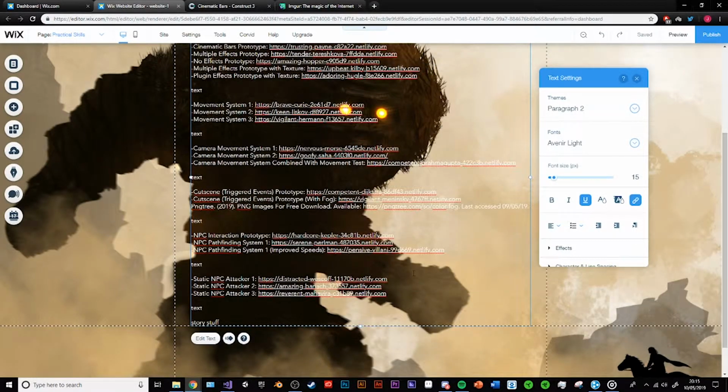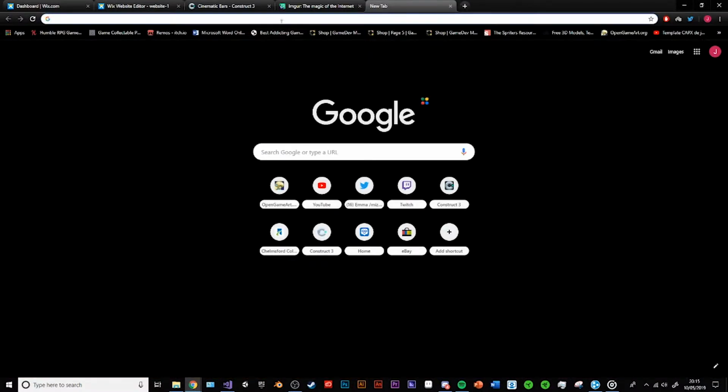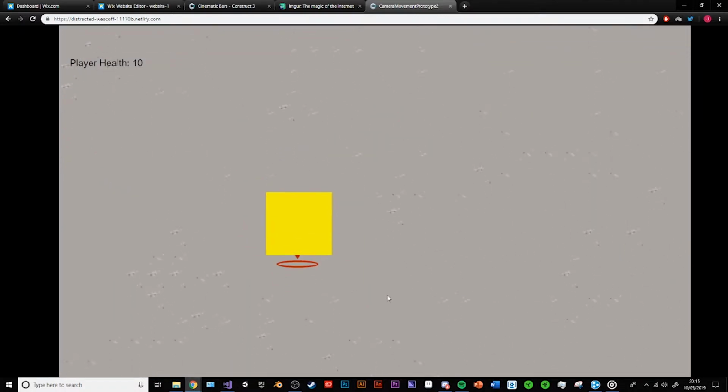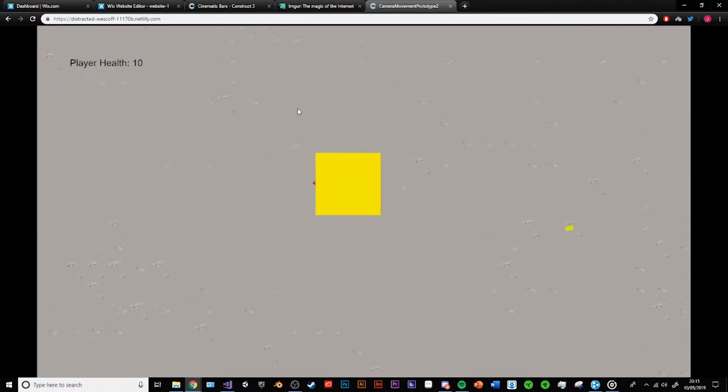Then I decided to add some different types of enemy movements. I already had one that comes up to you quite close and attacks you, and another one that comes near to you and stops. I thought I'd have a couple of static ones that hide behind cover, to make it a bit more realistic, because not everyone just runs at you. The first one I did was quite basic. It was basically the same as the second NPC you saw, just it didn't move, and it also hid behind cover. So when you do get the ability to attack in this game, here's more health as well,